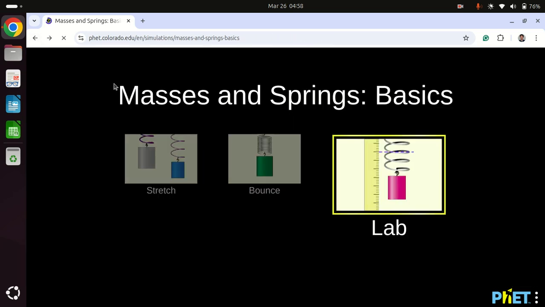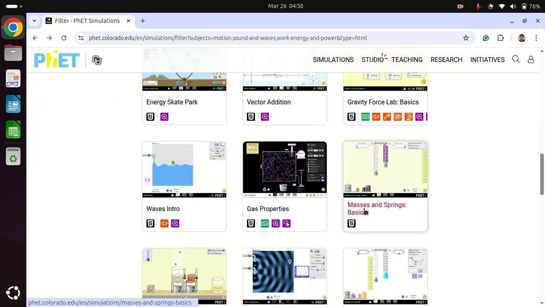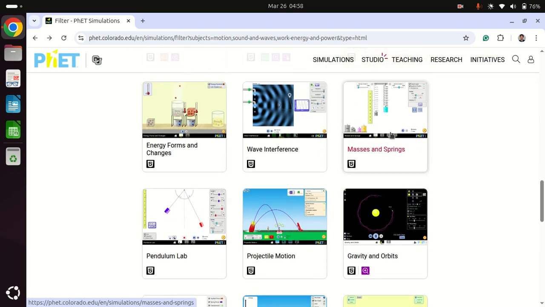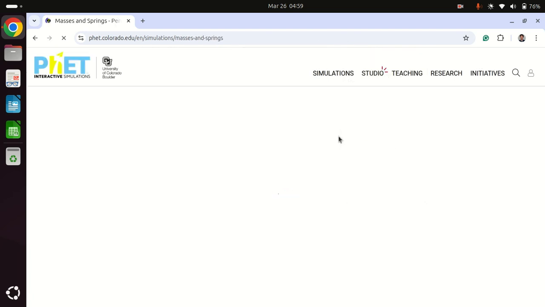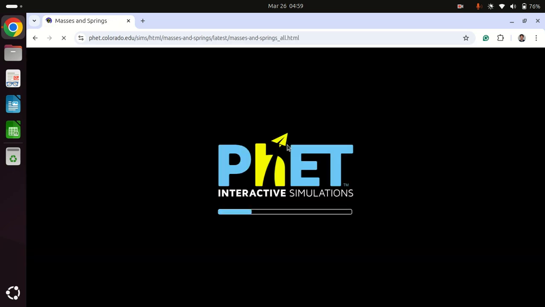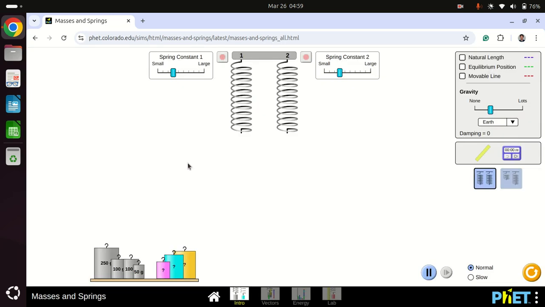Now we will see another simulation, which is Hooke's law. We have seen this one, masses and springs, and there is one more, masses and springs, but I guess both are the same. There is not much difference between these two. Okay, let's quickly check that. Yeah, this part is the same, but what they have done, they have added